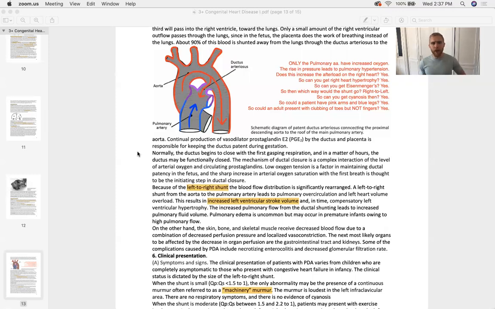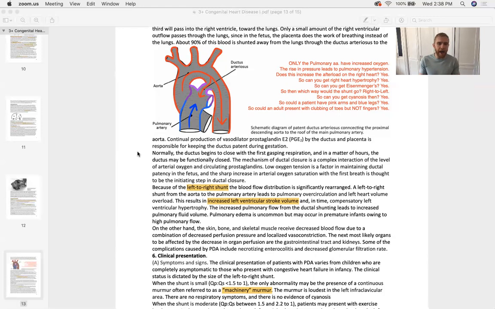I annotated it on the right here to let you know that because of the buildup in pulmonary pressure, you can get pulmonary hypertension in the long term as a result of the patent ductus. And this can lead to a compensatory right ventricular hypertrophy because it's got to work harder, because it's got an increased afterload, as we know by the constriction of pulmonary vessels. So you can get a right heart hypertrophy, which means the pressure in the right heart can build up enough